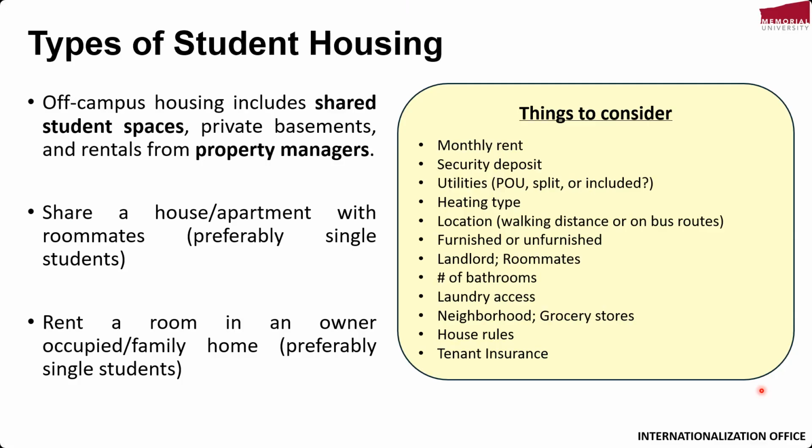Let's look at these factors one by one. So the monthly rent, this is your main expense. The average range currently, as I mentioned, is 600 to 800 per month. In Newfoundland, the monthly rent is usually the total amount for one month for a student. It depends on whether it includes the utilities or not. I will come to utilities separately, but the monthly rent is usually a month cycle. So whatever date you move into the house, that's the start of your monthly rent.